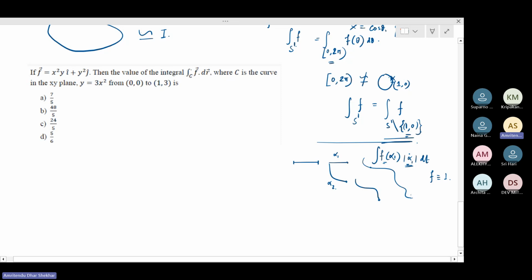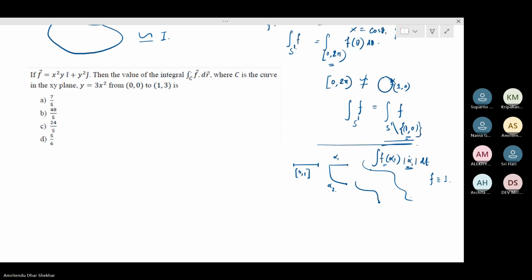But if you did not multiply by alpha 1 dot t, and if you just pulled it back, then you get the length to be the same for both these curves. Let's say this is 0, 1. Then both these curves would come out to be length 1, which is not correct, right? That would completely ignore the geometry of how the curve is embedded in space. So that's why we use this alpha 1 dot t term. We're going to see more of this as we move on to surface integrals, what that quantity is that we need to multiply.